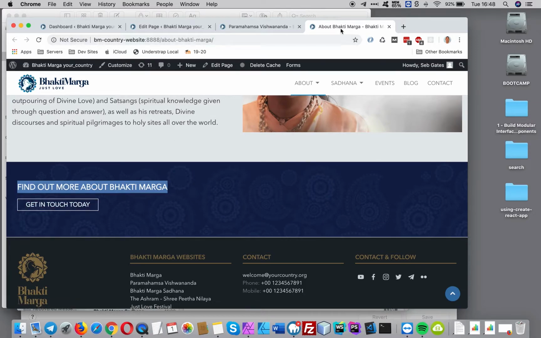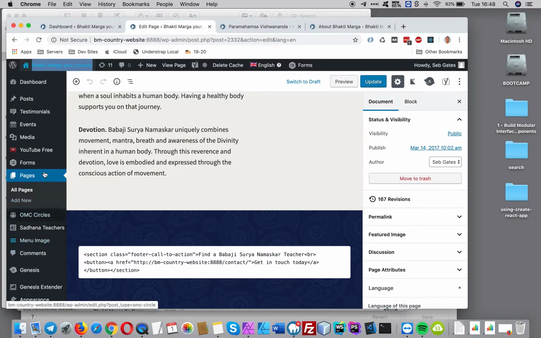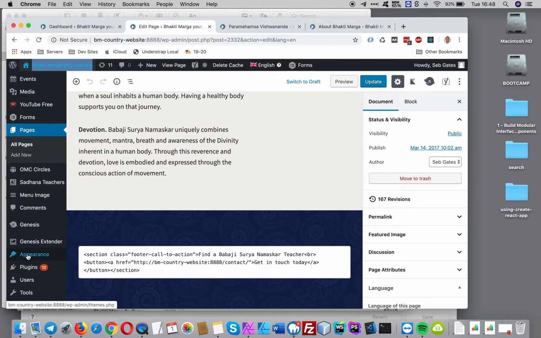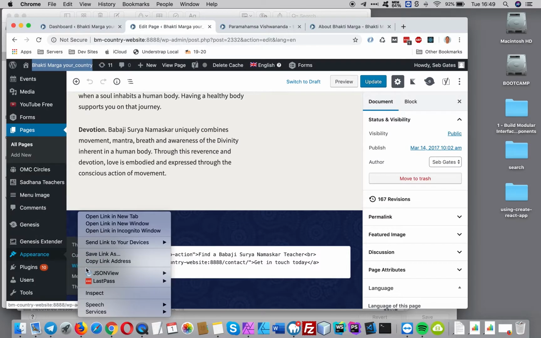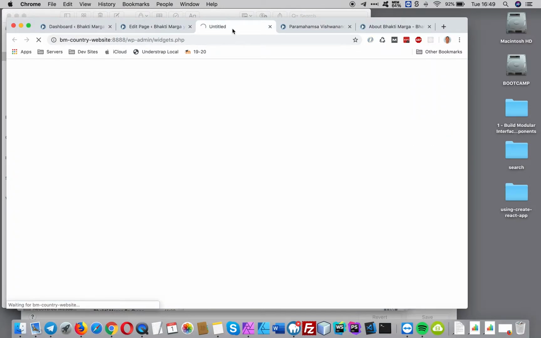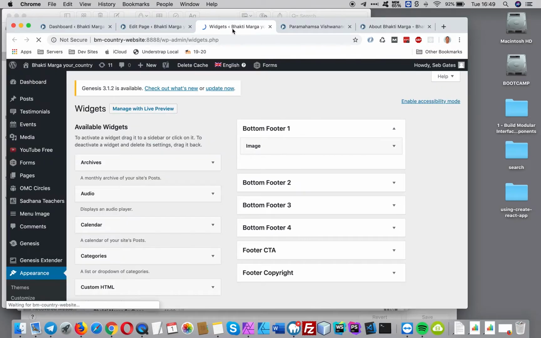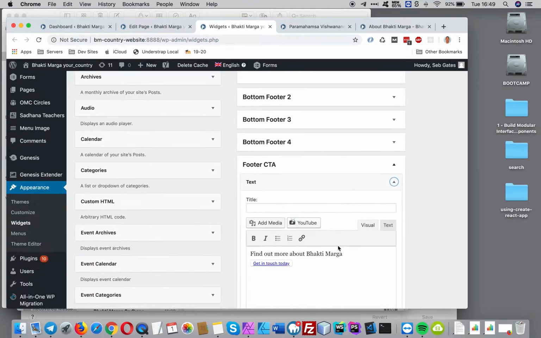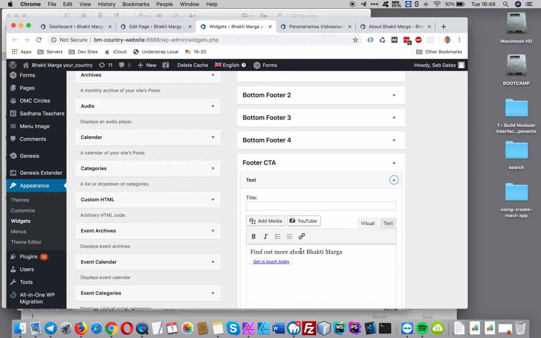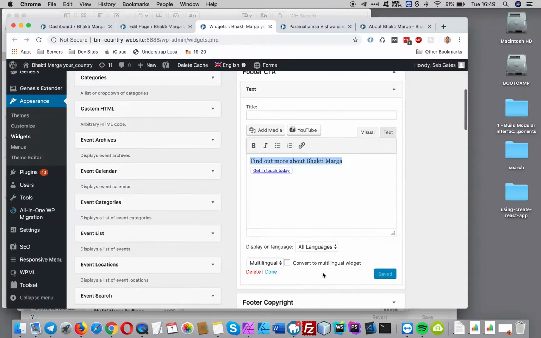Okay, so the one that goes to the contact form is actually in appearance, widgets, and footer CTA. So that's the footer call to action. And all you would do is translate that into a specific language if you're using just one language. So let's say if you are changing the English to French, for example, and not running English, then you just edit it there, press save, and that's